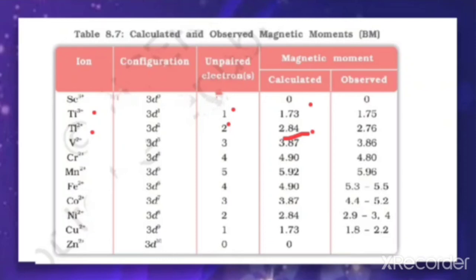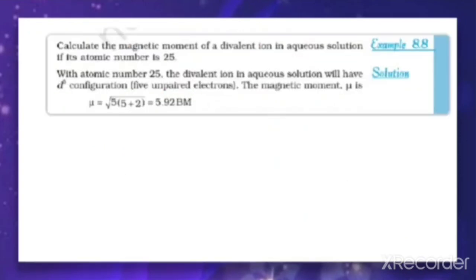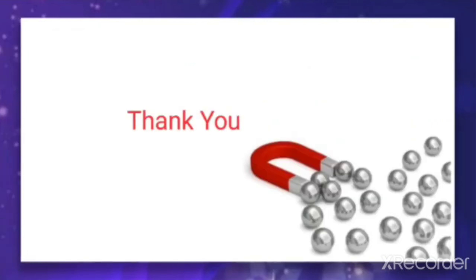So such types of questions will be asked in this session, and it is very important. Usually questions arise from this area. So whenever any ion is given, find out the number of unpaired electrons, and on the basis of the number of electrons you can say whether it has greater magnetic behavior, that is a greater magnetic moment, or not. So this is what we have discussed about the magnetic property for the d block elements. So this is all about this video.